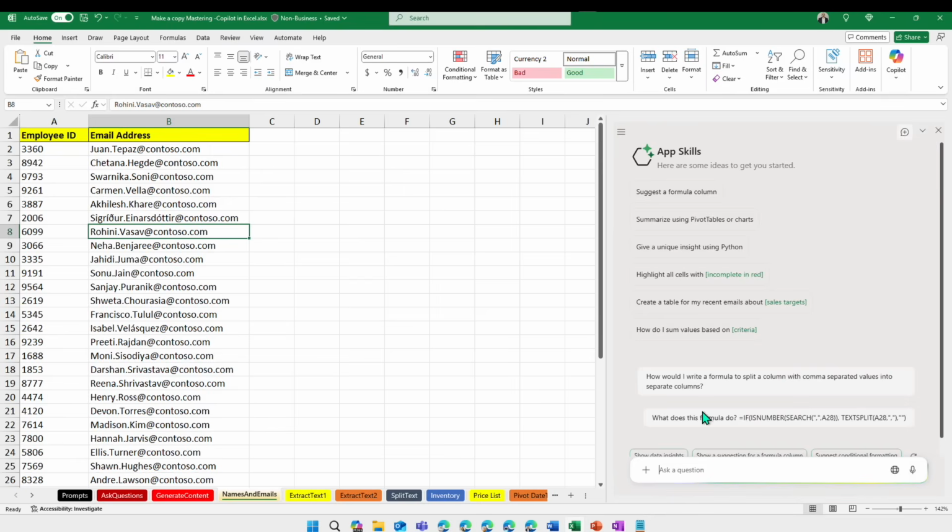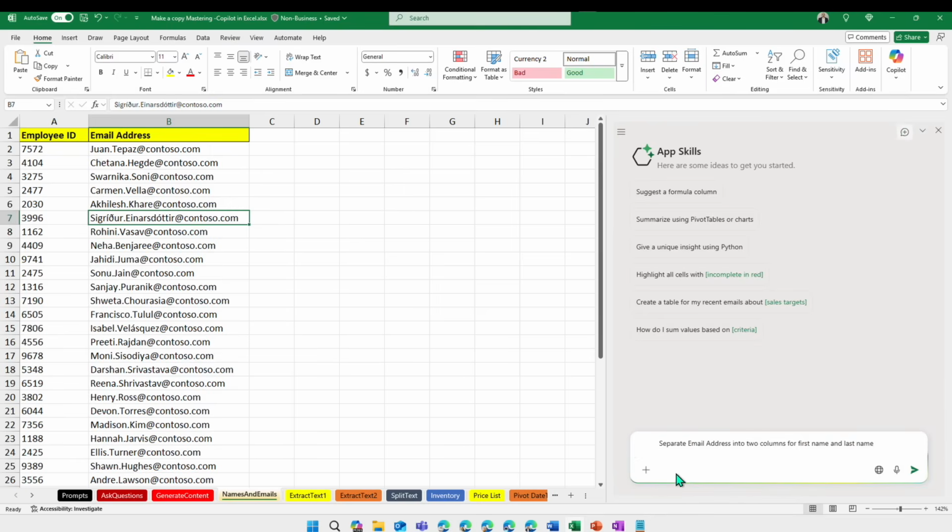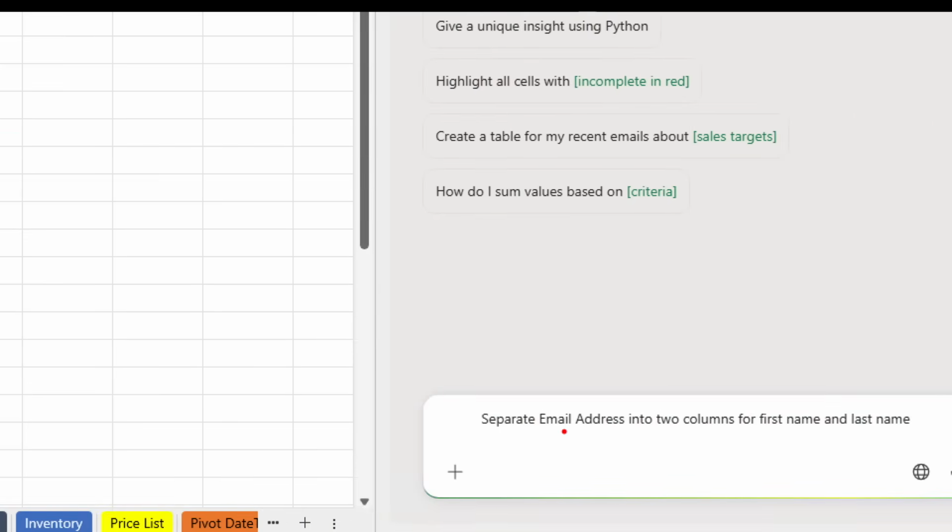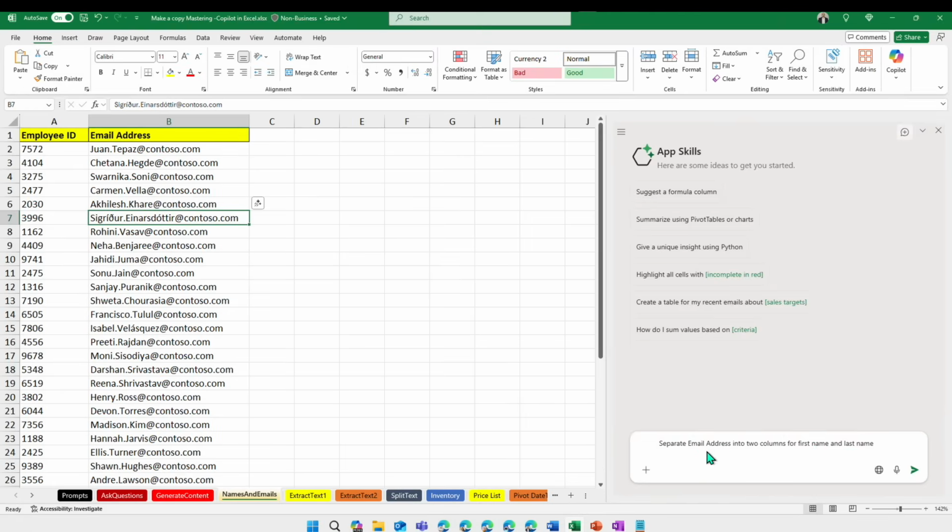And here where you can ask the question, I'm going to click on new chat or new conversation. Here I'm asking Copilot: separate email address into 2 columns, because that's what I want for first name and the last name. Pretty simple prompt, but I'm using my natural language itself to ask Copilot to do that work for me rather than me writing a complicated formula